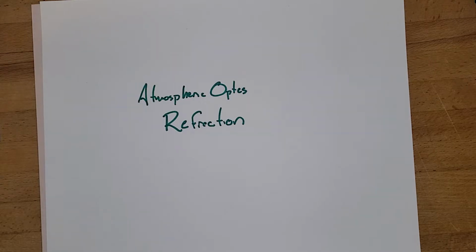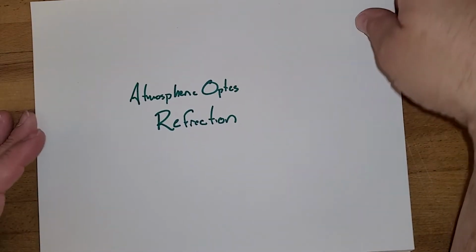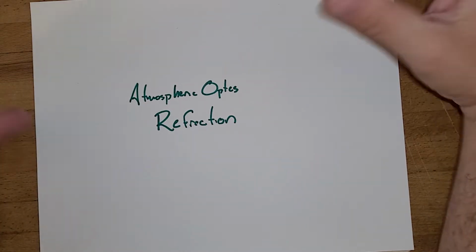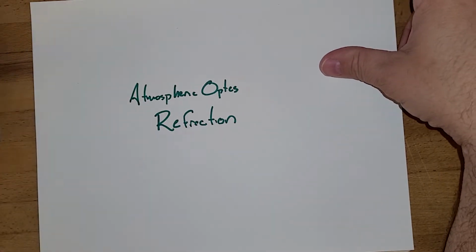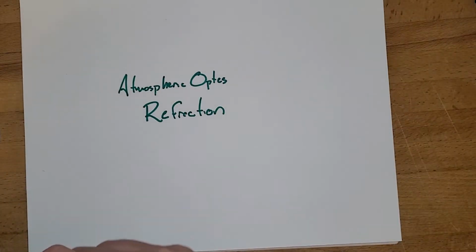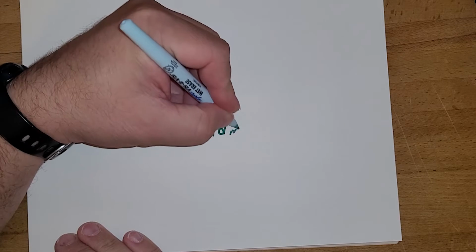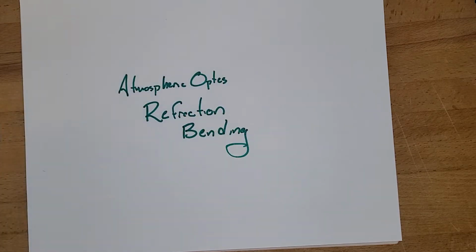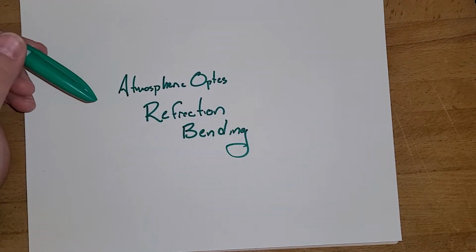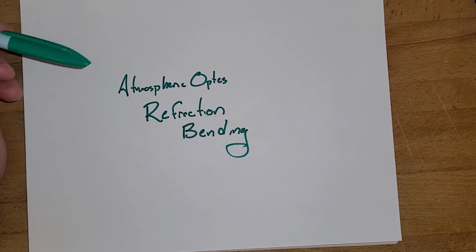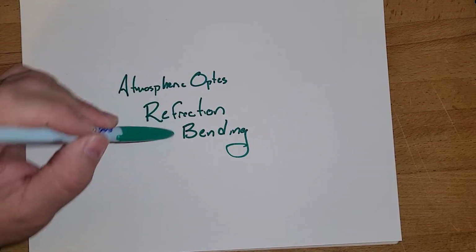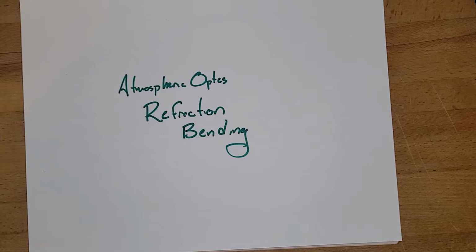Another characteristic that we want to talk about in regards to the light in our atmosphere is refraction. Now, we say refraction because we want to sound very scientific-y, but refraction is just bending of the light. As light comes through our atmosphere, it's going to potentially be bent. There are a number of things that can bend light energy, and a lot of that difference has to do with the density of the substance.